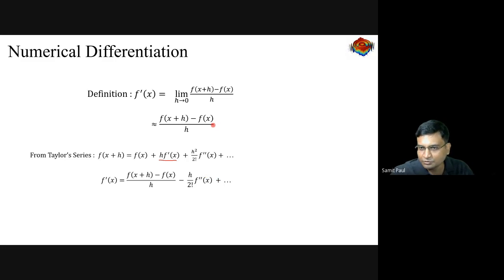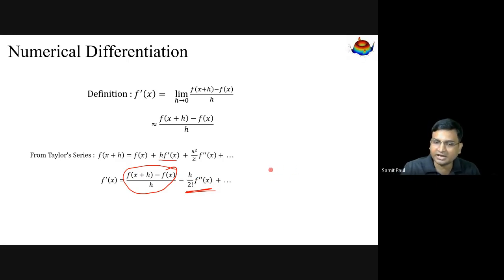And while doing numerical computation, we will use only this part. Therefore, these terms are left out. These terms are not calculated. That means we are going to incur truncation error. And how can we decrease it? If we take these terms, then the truncation error will be minimized. If we take these terms also, then the truncation error can be minimized.